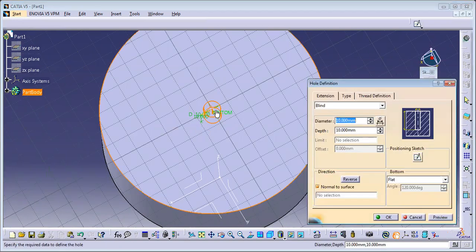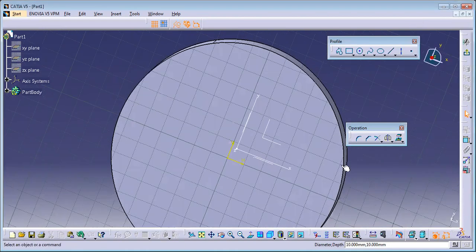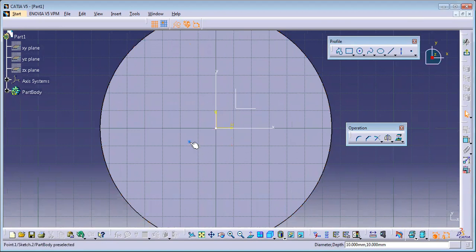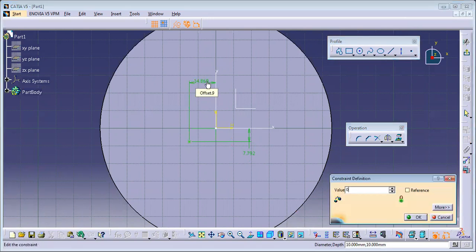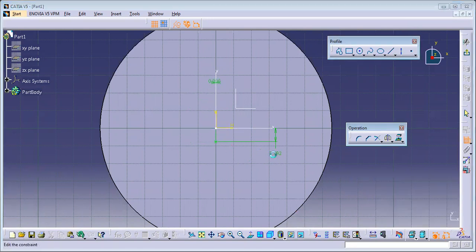I'll select this face. If you want to place it, you can place it anywhere you want, or else you just go to this position sketch. This is the particular point where the hole is being created. If you want to assign the dimensions, you can assign this easily. From here to here, how much you want, and from here to here, how much you want. I'll assign this as 0 so that it could be fixed to the center. So I'll give both as 0, 0. So it has fixed to the center. I'll say exit to this.